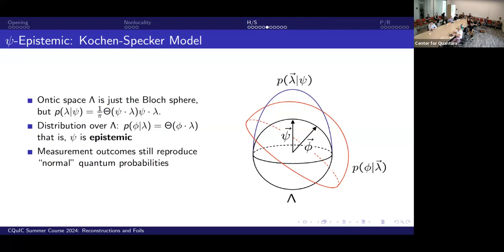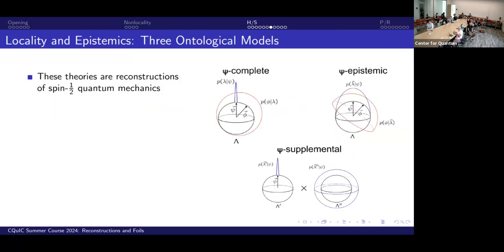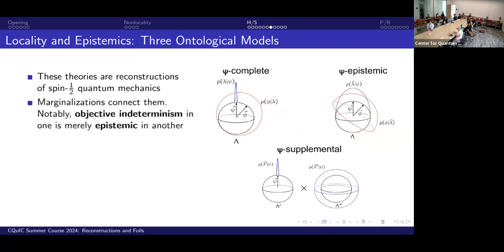But again, the bottom line here is that in this case, the wave function is epistemic. It's just, what's the knowledge you have or what do you think the wave function should be? We could have multiple different wave functions in this model, still describing the same object state, still the same fundamental reality. Now I really need to speed things up here, but again, all three of these theories are reconstructions of spin 1/2 quantum mechanics. If you go through all the math, which I don't have time to do, then you get the same probabilities. They're not really doing anything new in that sense here.